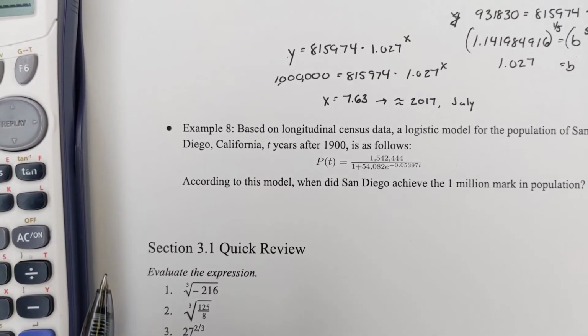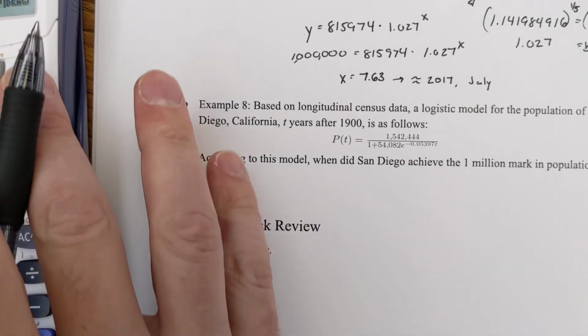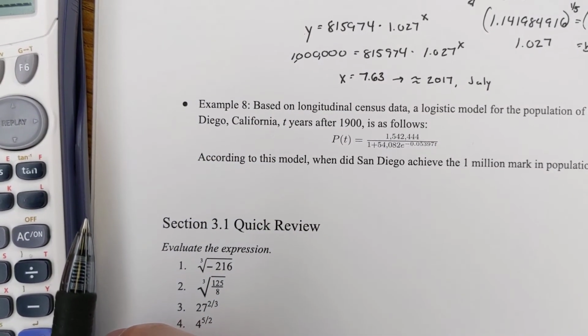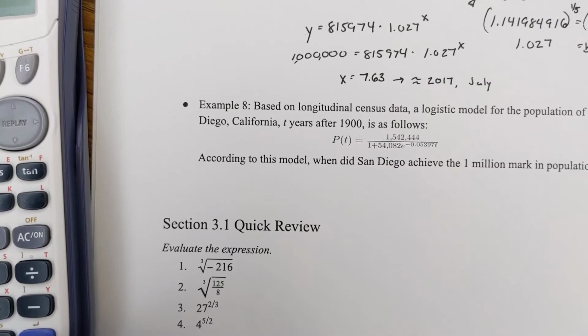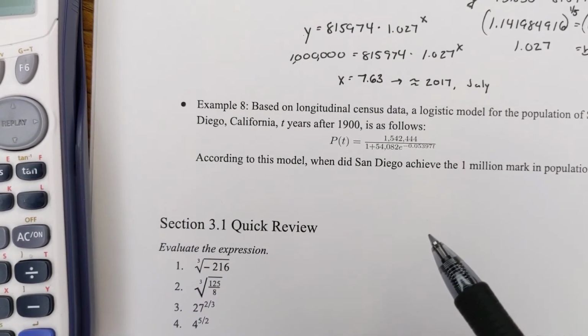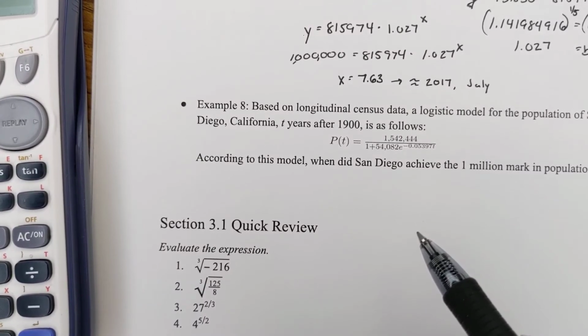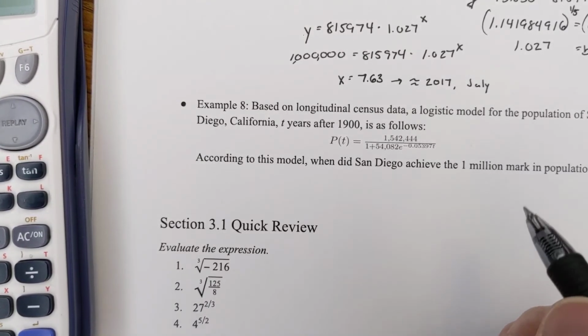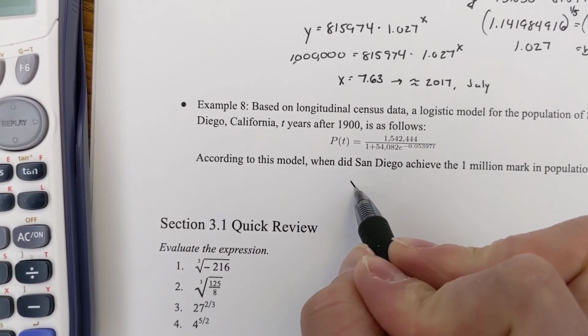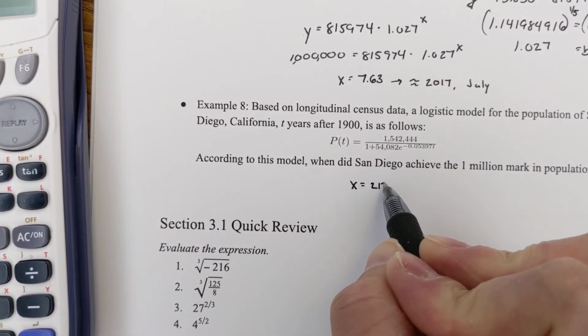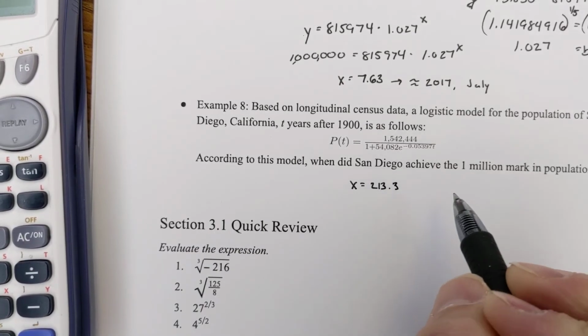I didn't find it again. Zoom out. Let's see if we find it now. G-solve. Hey, there we go. So I get a goofy number here. I get an x value of 213.3,